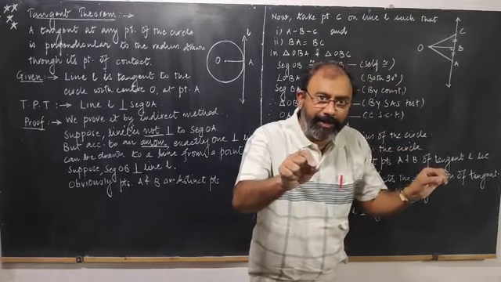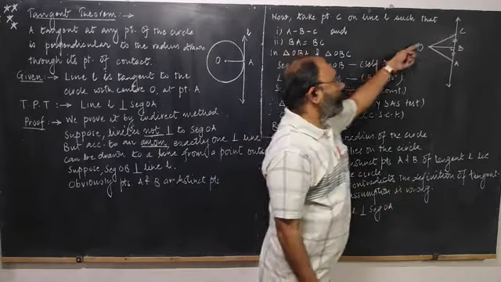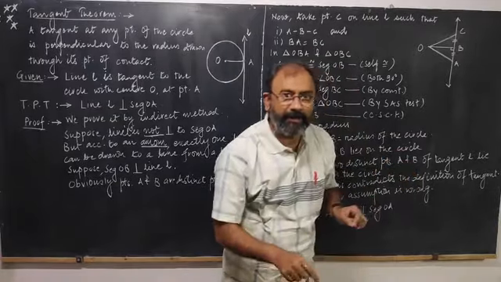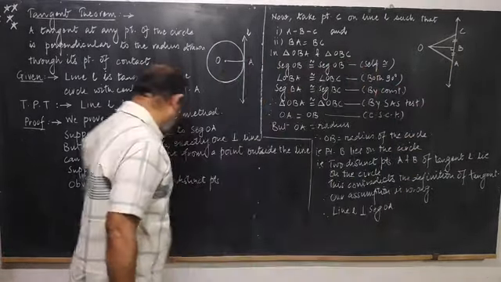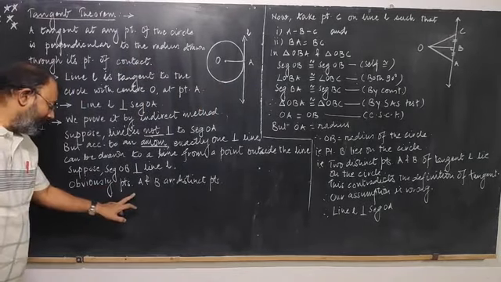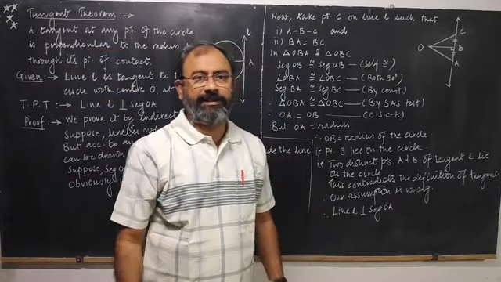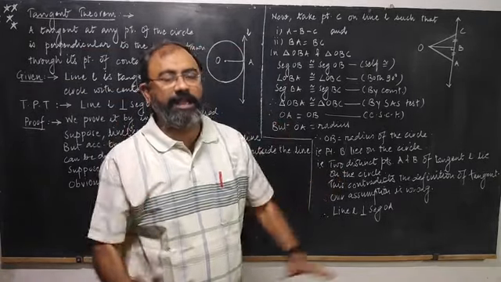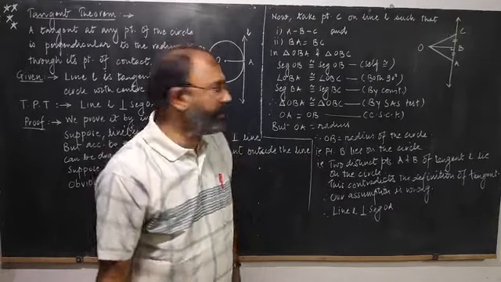So we have said that segment OB is perpendicular to line L. Now OA is not perpendicular, OB is perpendicular, so obviously A and B will be two distinct points. We have written obviously points A and B are distinct points. One is the foot of the perpendicular, the other segment OA is not perpendicular. So distinct points will have some distance between them.